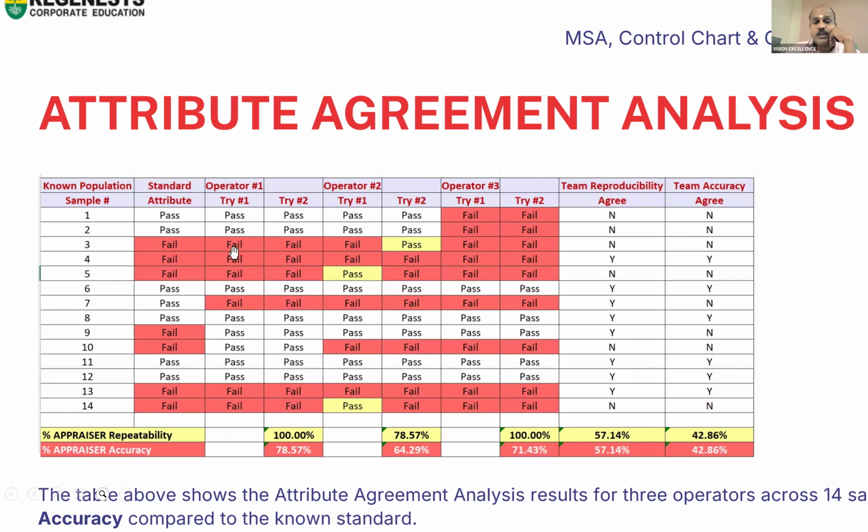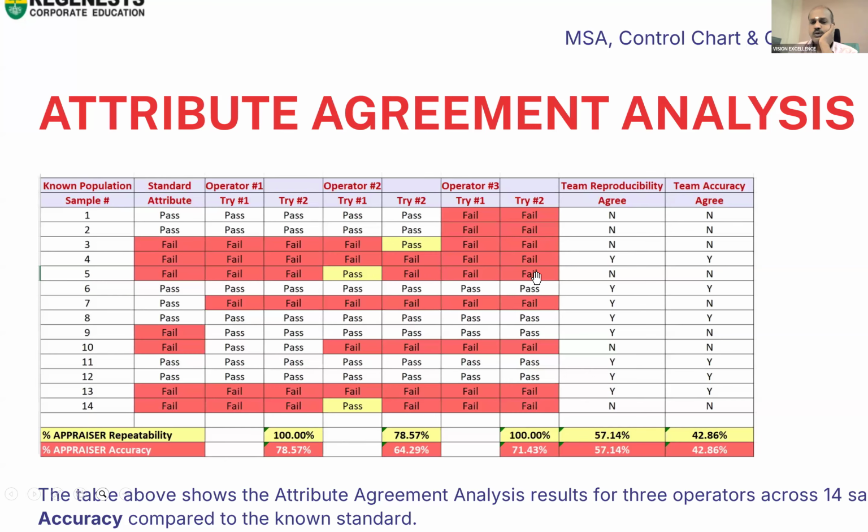And moreover, operator 1, operator 2, operator 3, there are 3 operators involved. Just because operator 2 doesn't fall in agreement with 1 and 3, the team reproducibility is also lost. Can you see that, all of you? Team reproducibility, no. Why no? Because he doesn't align with the other operators. If there is a team of 3 or 4, it's very important that we align with the team while